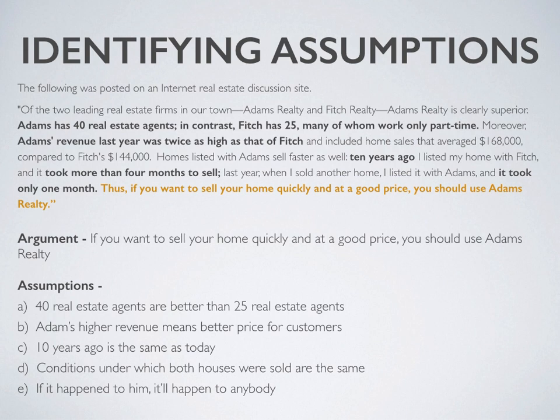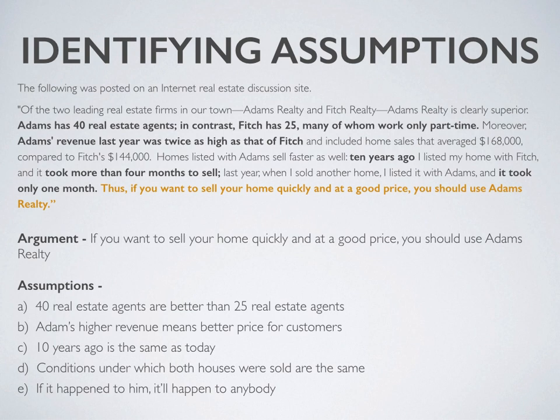Okay, just read the first statement in bold. Adam has 40 real estate agents and Fitch has only 25, many of which work part time. So this is supposed to make us believe that Adams is superior in quality or in getting a good price for your house and selling your house quickly. Clearly just an assumption. There's no evidence to support that 40 real estate agents might be better than Fitch's 25